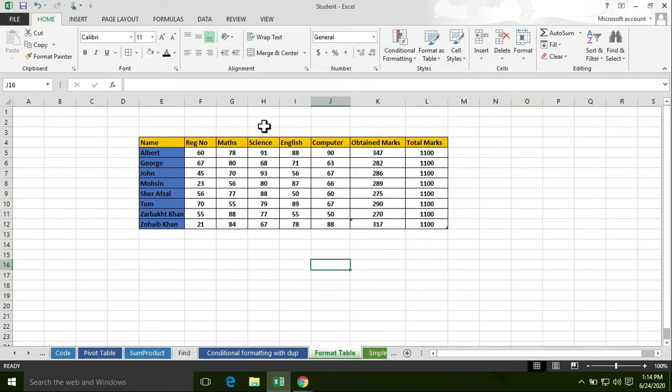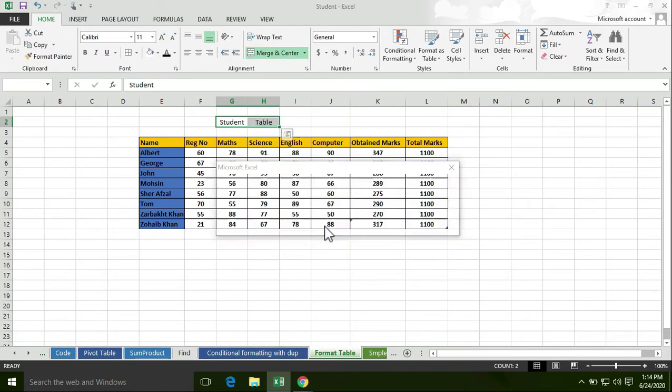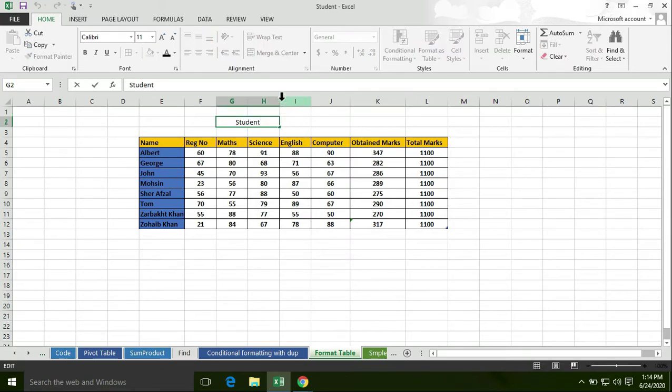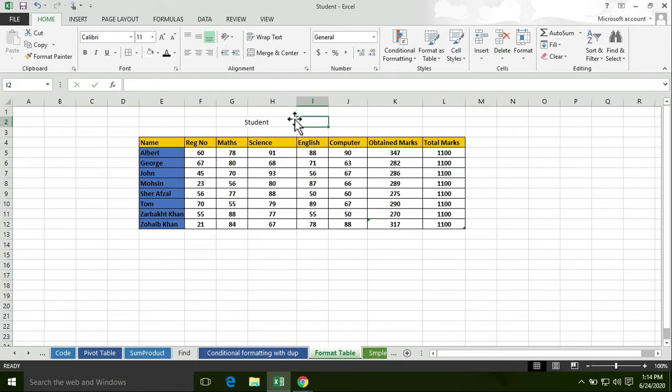Now here's the table, the student table. Now you can also apply different formats. For example, I want to apply a format to student. First of all, select this cell or area.